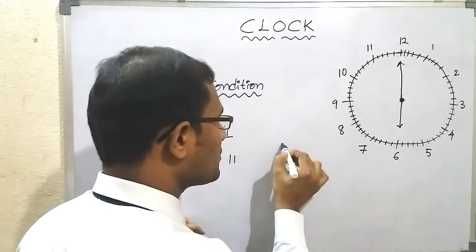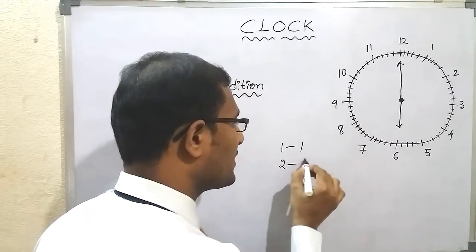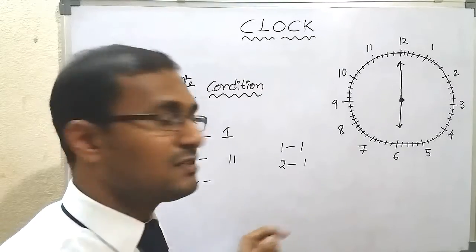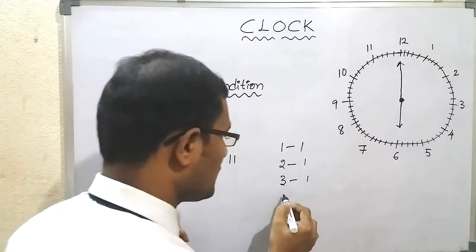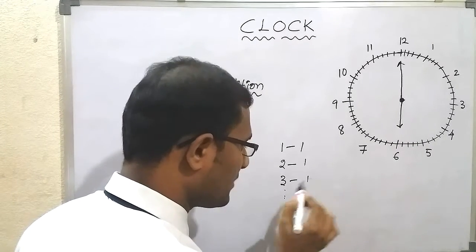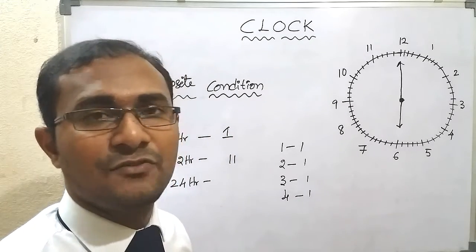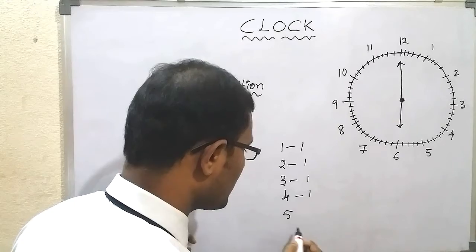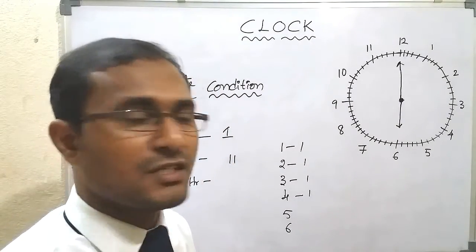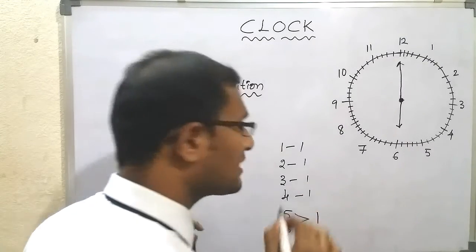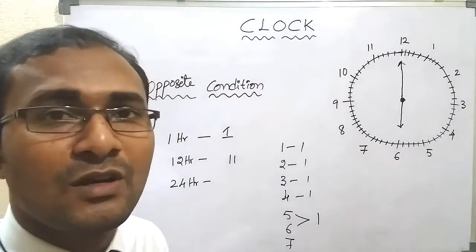See, here also for 1 o'clock one time the opposite condition takes place. For 2 o'clock one more time, for 3 o'clock one more time. Like this, up to 4 it takes place, so independent conditions are formed. But for 5 o'clock and 6 o'clock we don't have two separate opposite conditions, but only one common condition is there, and for 7, 8, 9, 10, 11 o'clock,